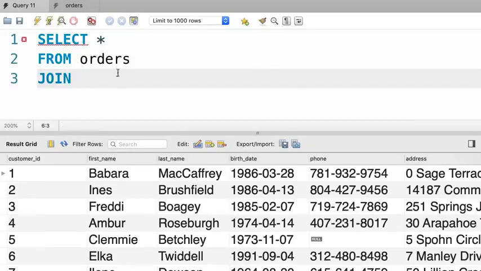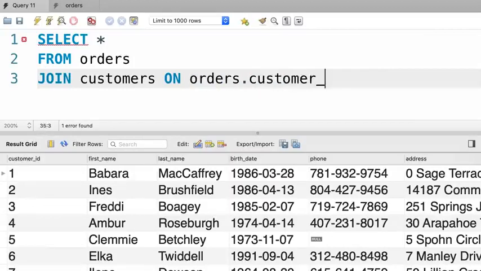So we want to join the orders table with the customers table. Now, on what basis do we want to join these tables? Well, here in the customers table, we have this customer ID column. So if we put these two tables next to each other, we want to line up the records such that the customer IDs are equal. That is where we use the on phrase. So after on, we type out a condition. Here's the condition we need to type out. orders.customer_id should be equal to